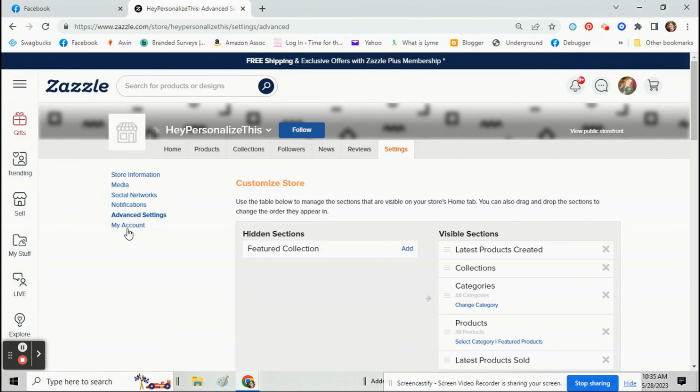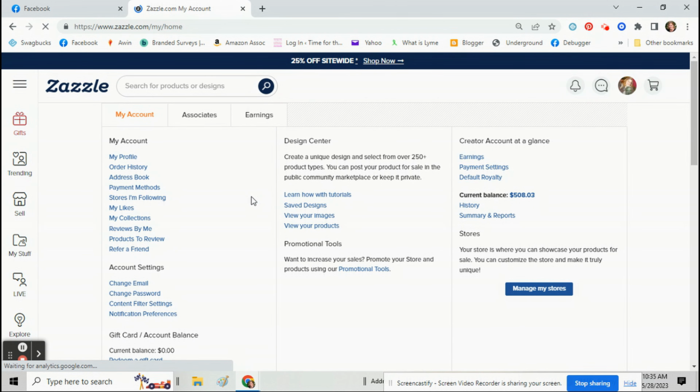Over here, you can go to My Account. And over here will be other settings too. You can look through here and fill in like the address book, put in your address. That's for like if you buy stuff, then they know where to ship it to. You're going to want to fill in your payment method so that if you buy something, you can pay it, and also so Zazzle can pay you. I think payment methods is if you buy something from Zazzle, but if you go over here to payment